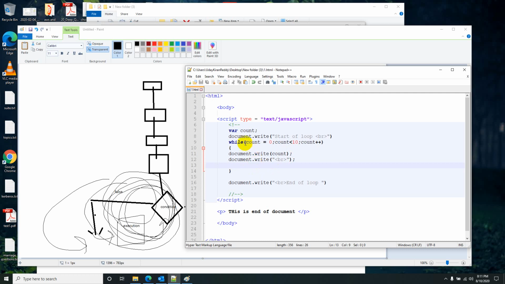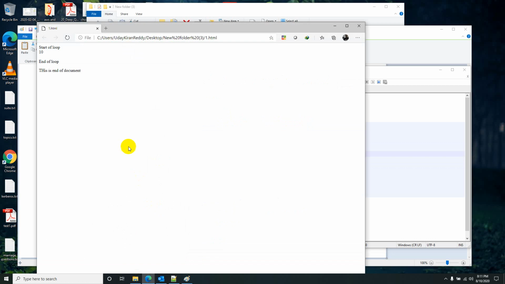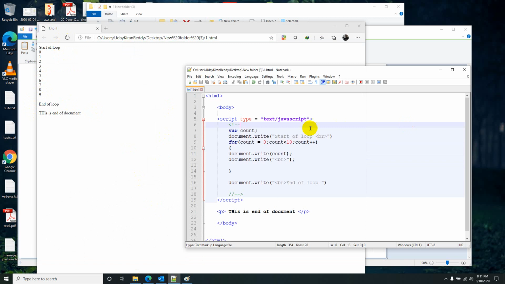So instead of while, I wrote for, and it will give you the same result. So here what happens is, while entering the for loop, this one will be executed first and this condition will be checked and it will enter. After the end of the iteration, this will be executed and again this condition will be checked. So the first statement will be executed only once. These two will be executed every time. The first one is the condition check, the second one will be done before entering the loop. This one is while exiting the loop: incrementation.